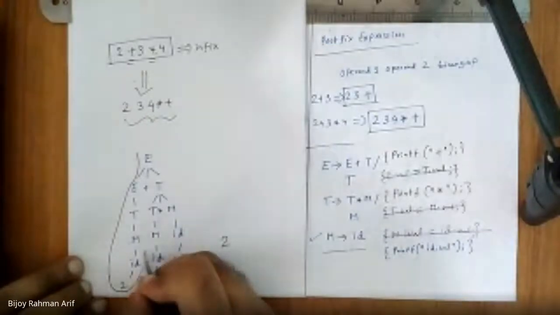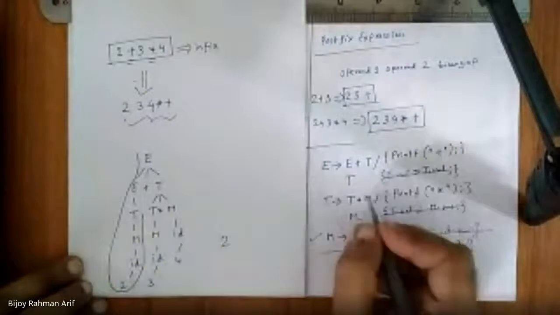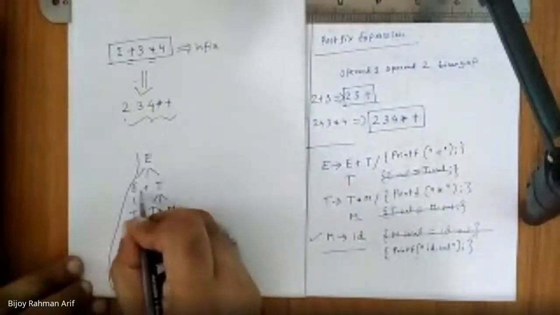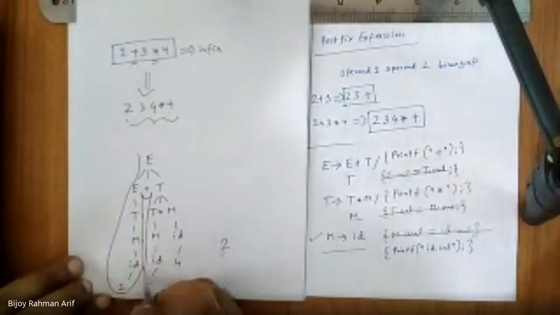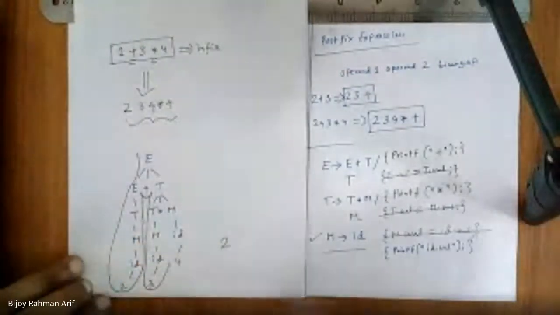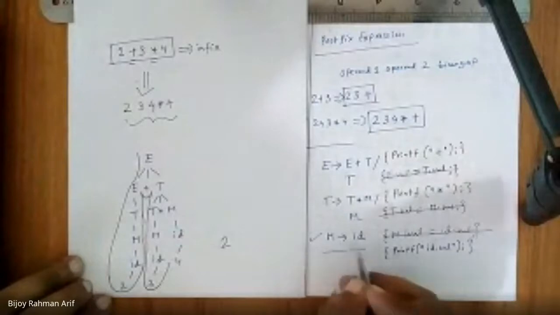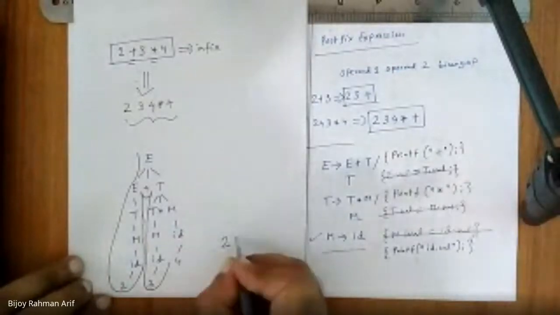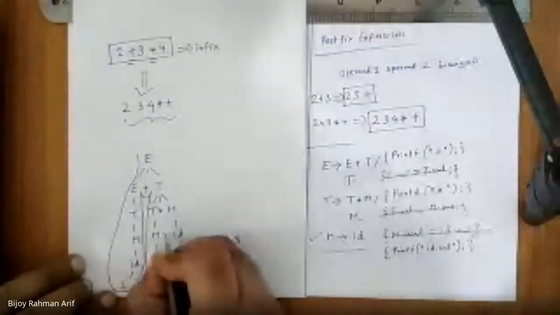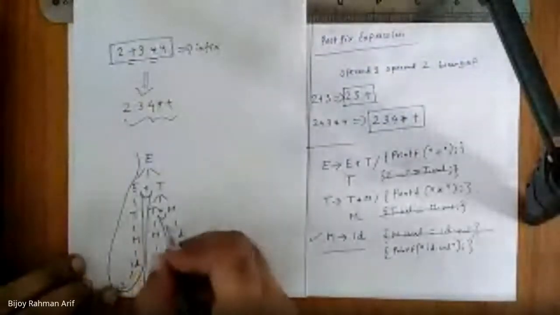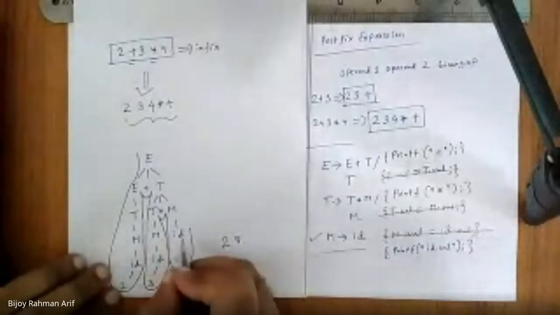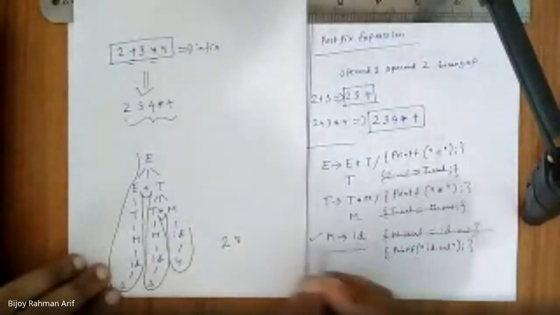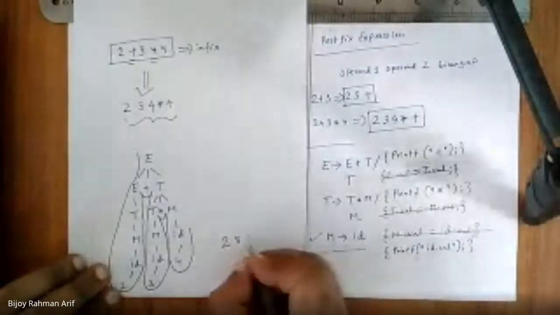Then go over here, no action is there. I cross out that one. Go over there, no action there. Finally, plus, but it is not a reduction. So go back. Finally, I got here. What is the action? M derives ID. So I'm going to print 3. Then no action for star, it is not a reduction. Go over there. What is the action? 4 derives to ID, so ID derives to M. What is the action? I'm going to print 4.